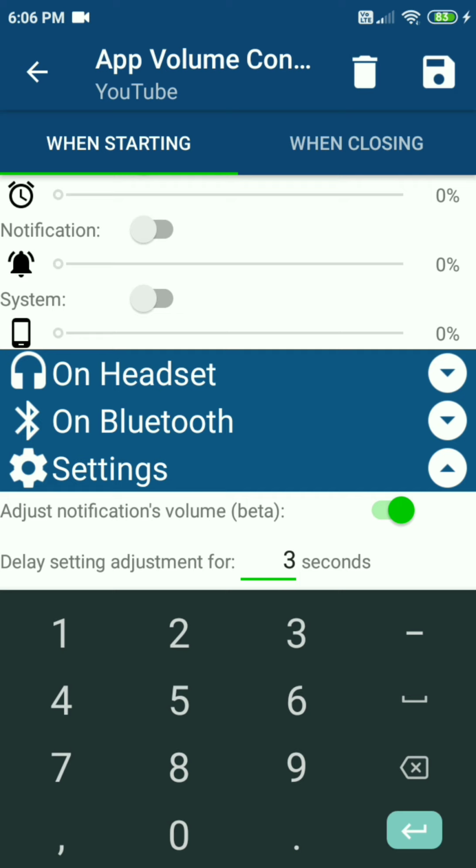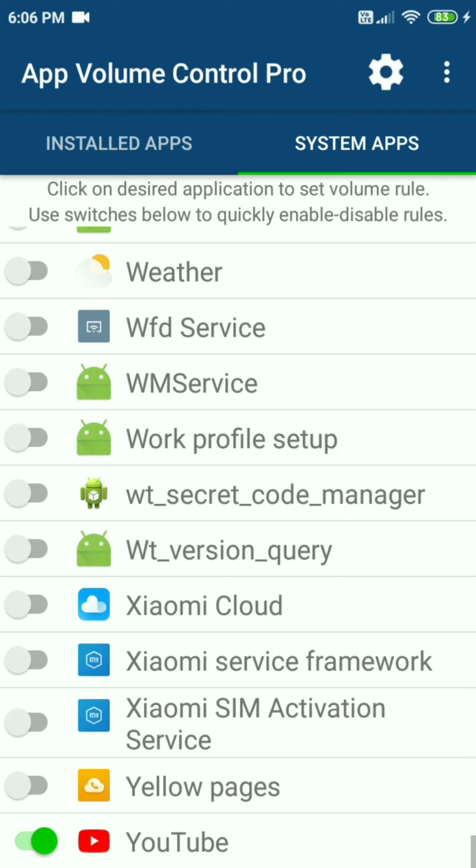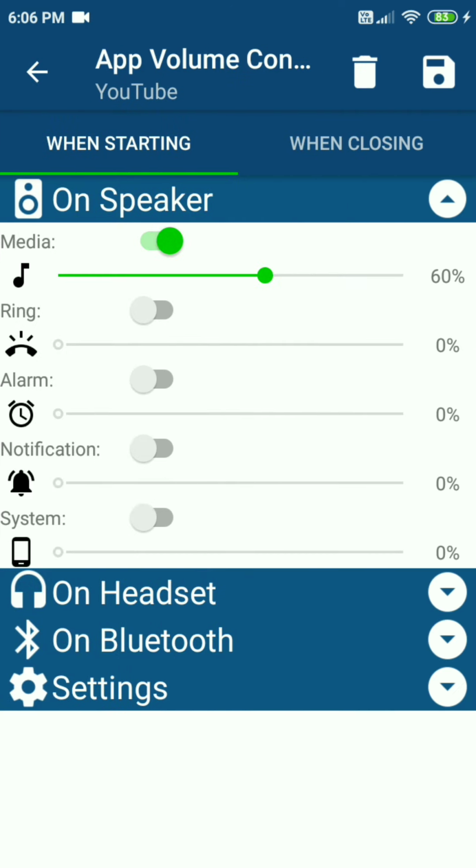So if I get a notification at the time of seeing a YouTube video, the sound of that notification will be delayed for the number of seconds which I have entered here. After doing all of this, you have to save the settings. Don't forget to save, because it is on manual save mode.